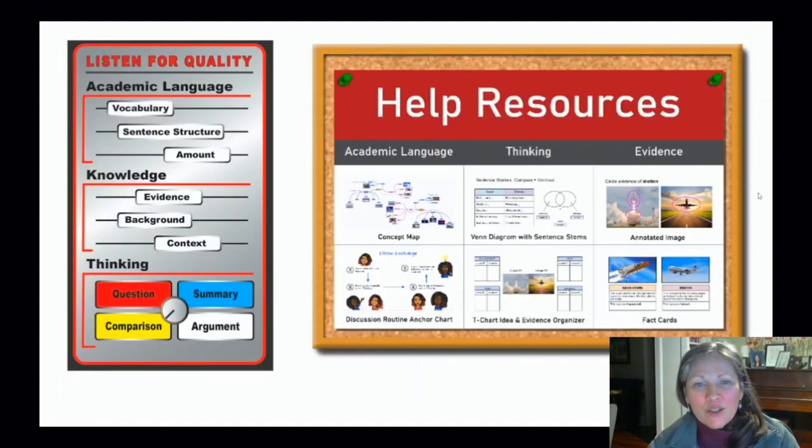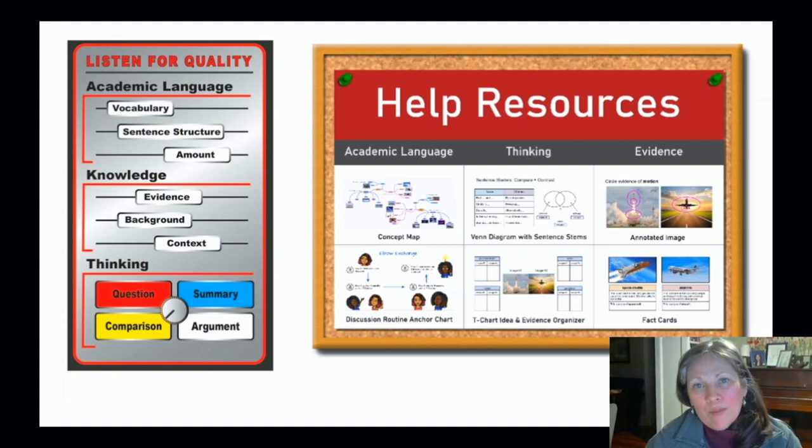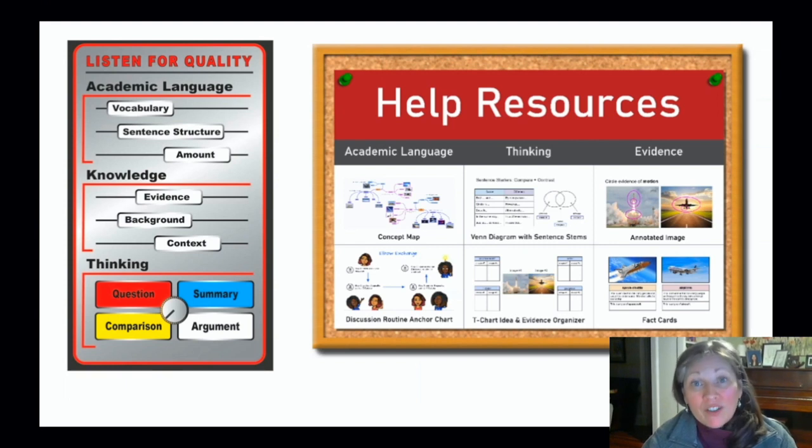In addition to our communication methods, we can invite students to use help resources to increase the quality of their responses. So for example, if we're noticing in student responses students need more academic language, then we might require them to use words from a concept map to support their thinking about the question that they're answering or discussing in their group.